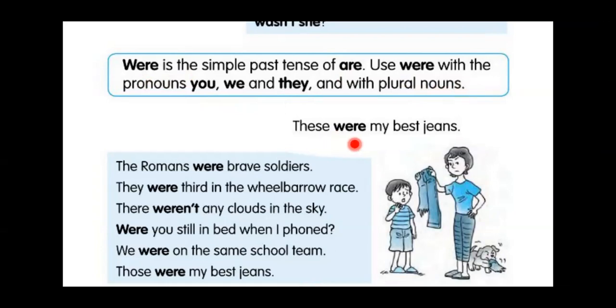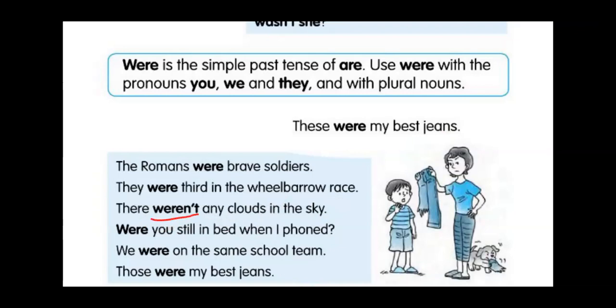These were my best jeans. So here we are talking about jeans, right? Plural. And see over here: The Romans were brave soldiers. They were third in the wheelbarrow race. There weren't any clouds in the sky. Here, weren't is nothing but